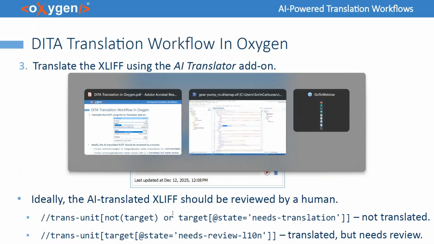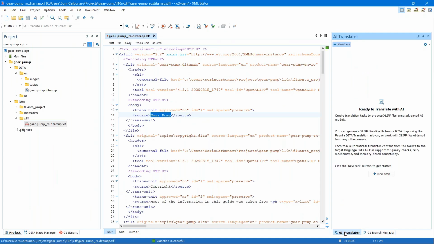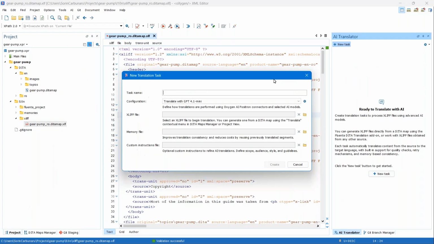So let's go back, and now I want to switch to the AI Translator side view, and I can now create a new task. Let's call it gear pump English to Romanian. You will choose a translation configuration where you define what connectors and models to use. I use this translate with GPT 4.1 mini configuration, which is one of the predefined configurations that we can see